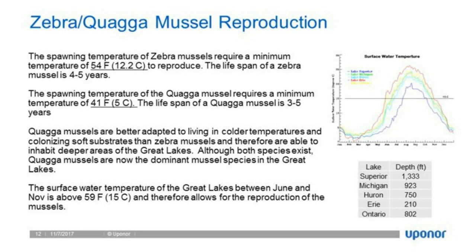Quagga mussels, as indicated, are better adapted to colder environments. Both zebra mussels and quagga mussels are depth and temperature dependent. Also, just for reference, to let you know what the depth of all these lakes is: Lake Superior is 1,333 feet, all the way to Lake Erie, which is the shallowest that we run. So reproduction of the zebra mussels occurs above, relatively speaking, 15 degrees,